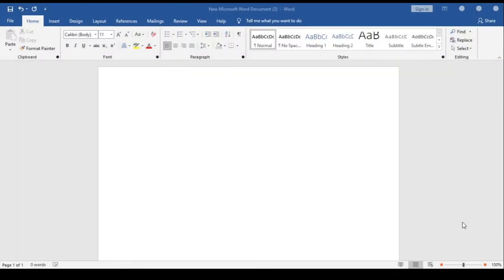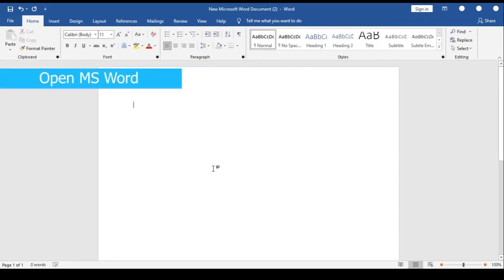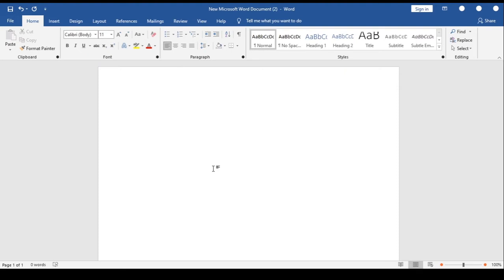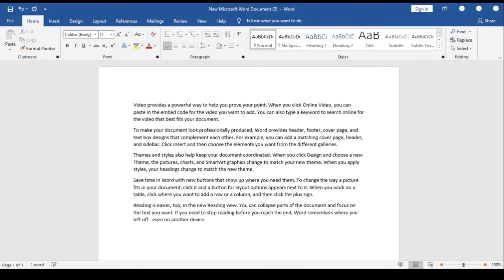Okay, so let's start it. First of all, open MS Office and especially MS Word. To start our hotkeys, first of all we need some text. For that we'll require random data. We have a function to generate random data. We will write =rand() and hit enter. It will automatically generate a random text for you.